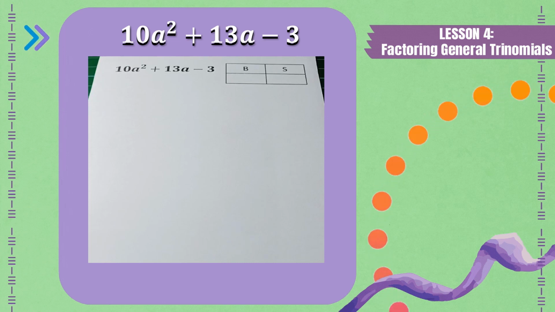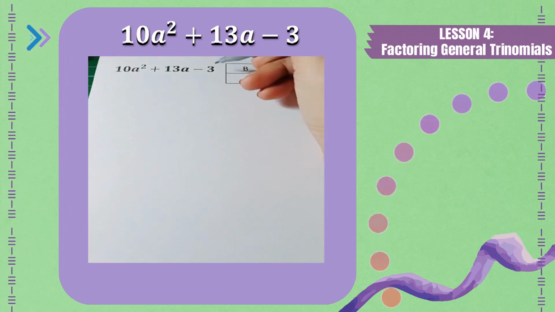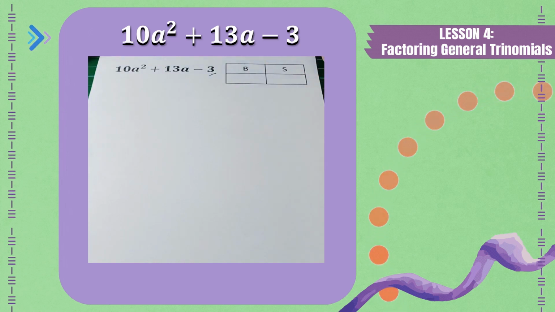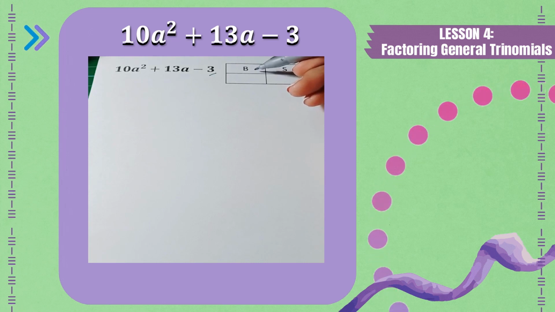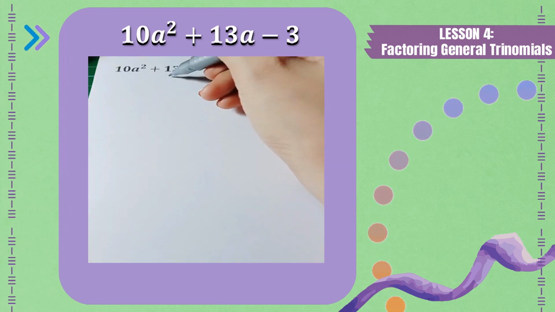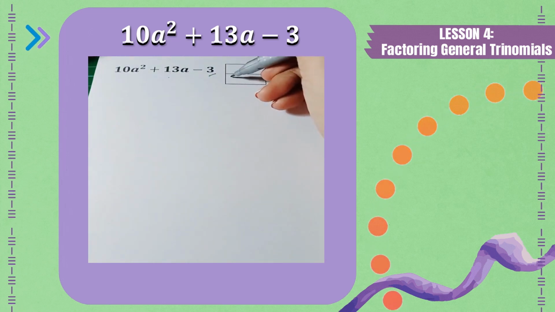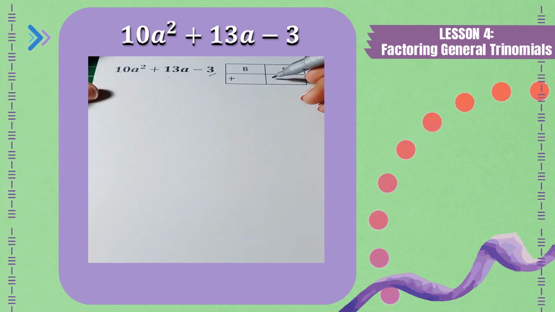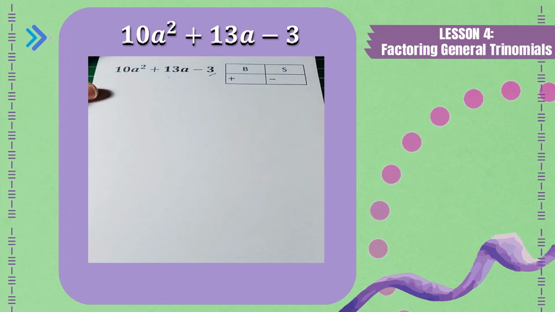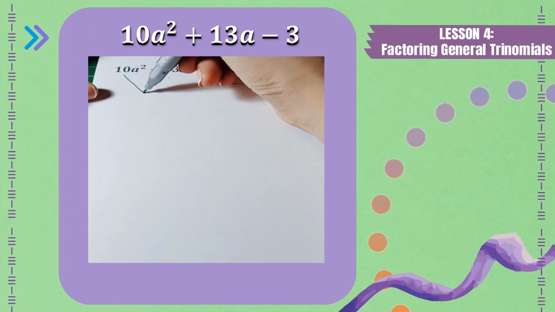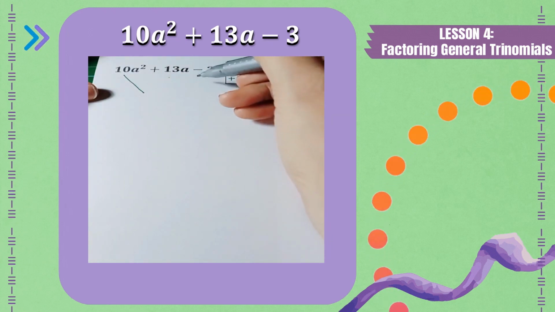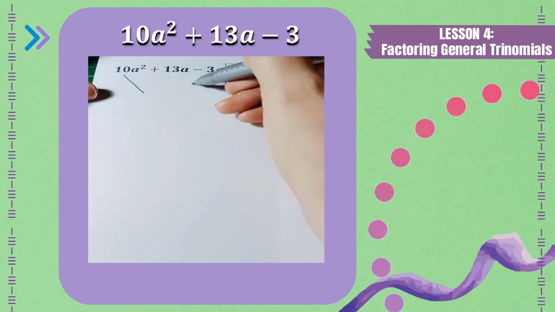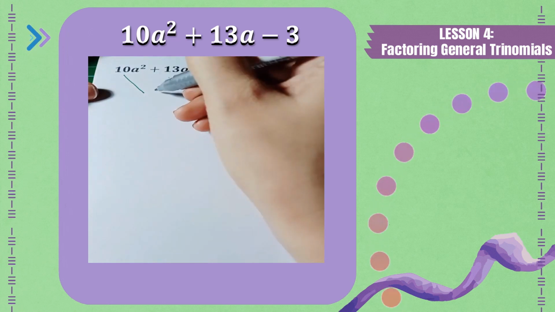So, the given is 10a squared plus 13a minus 3. So, again, the last term is negative. Therefore, magkaiba sila ng sign. So, si bigger number, ang susundin niya na sign ay si middle term. So, kung ito ay positive, si smaller number ay negative. Then, multiply natin yung numerical coefficient ng first term natin sa last term natin na 3. So, 10 times 3, the answer is